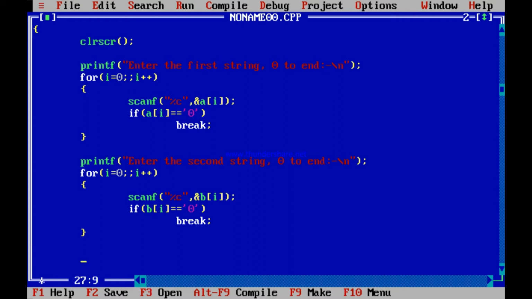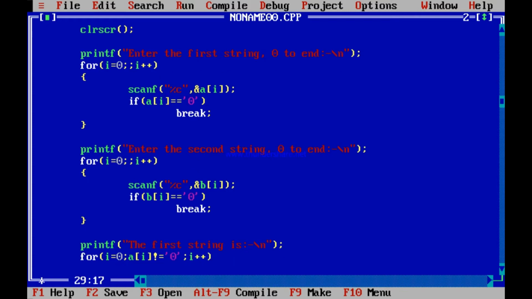What to do now? I will print the strings one by one. So printf "the first string is:" with a \n to end this. Now for printing, again for i equal to 0, how will I know that I have ended? a[i] not equal to 0, followed by i plus plus.